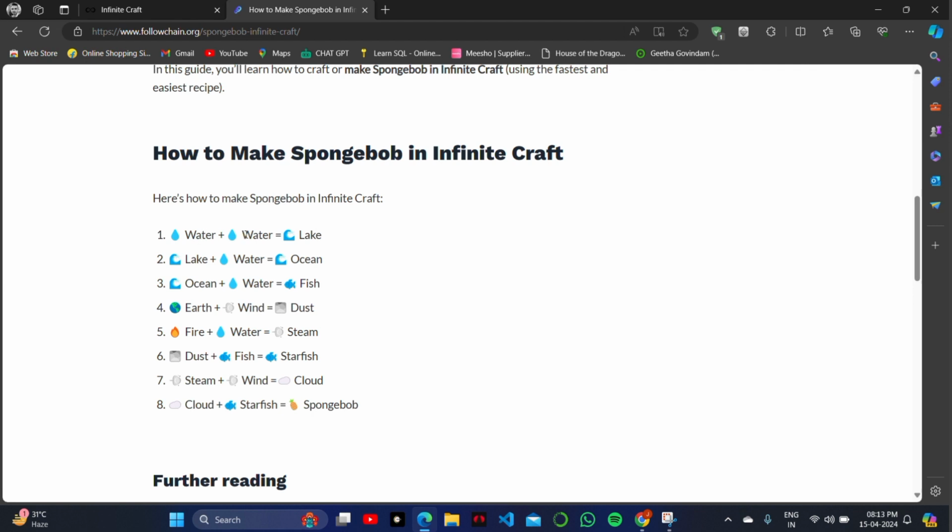Infinite Craft. First, add water and water to make a lake, then lake plus water makes ocean, then ocean plus water is equal to fish, then earth plus wind forms dust. After creating dust, you have to add fire and water to create steam here, and then steam plus dust plus